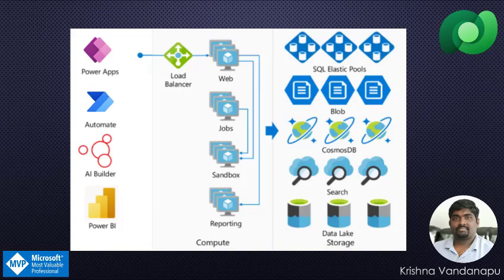If web server W1 has free bandwidth, it will send to W1. If it is W3 or W7, it will send to that. Then the web server will process the user request or user call, and then it will send the request to the appropriate